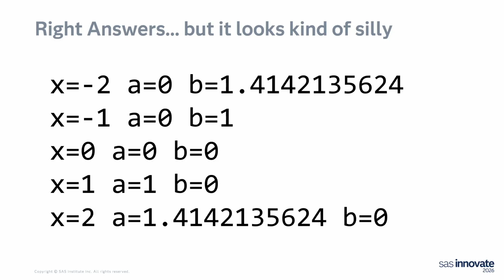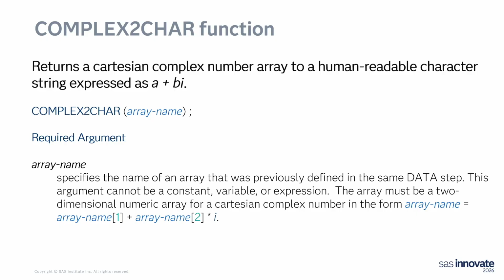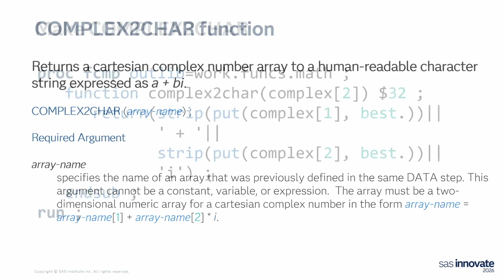I mean, it'll get you what you need, but let's see if we can make this a little bit more human readable, okay? So I've made a function here called complex to car. You can come up with a better name, trust me. You won't offend me. So what we do in complex to car is, given an array name, that two-component array of the complex number, it's going to return it in a string, a character string of a plus bi. And if you want to do it in polar coordinates, then you do it in polar coordinates. I don't mind. Here's what it looks like.